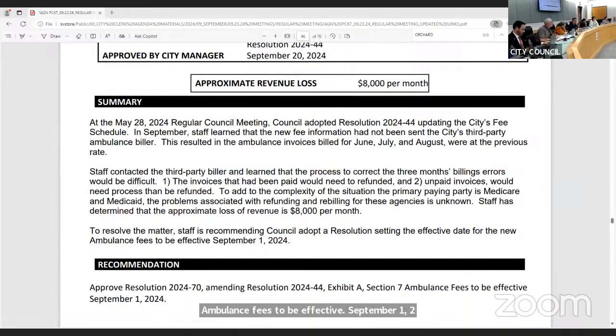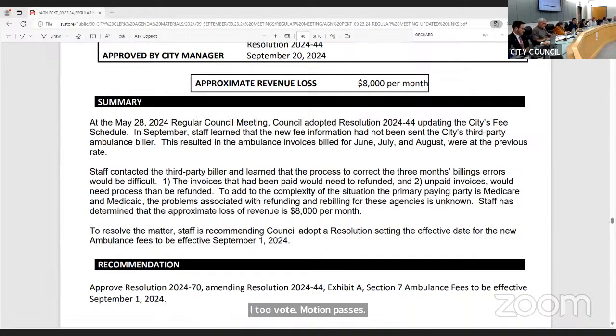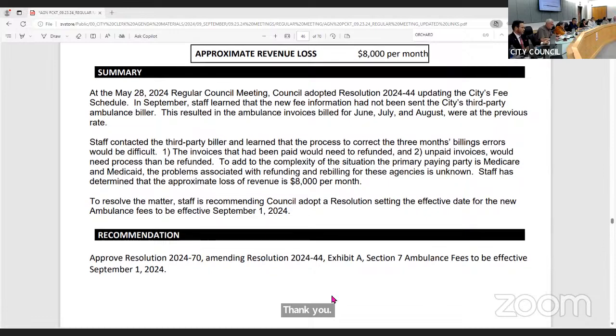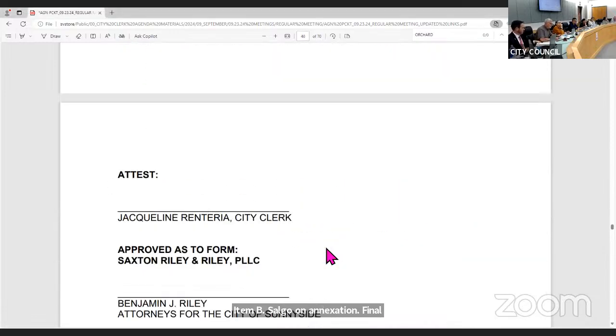Is there debate on this item? Hearing none, all in favor, please signify by saying aye. Aye. Opposed, no. I too vote aye. Motion passes. Thank you. Item B, Salgado annexation, final action, adopt an ordinance annexing parcel number